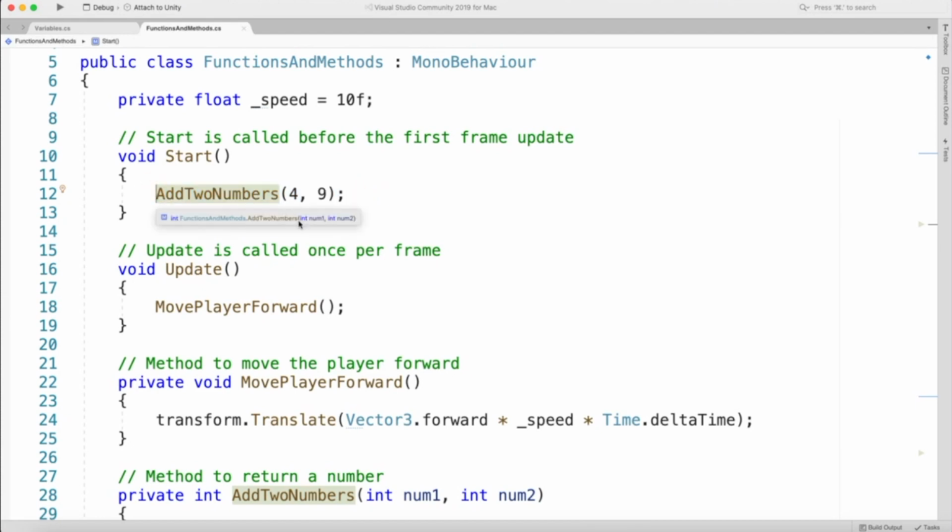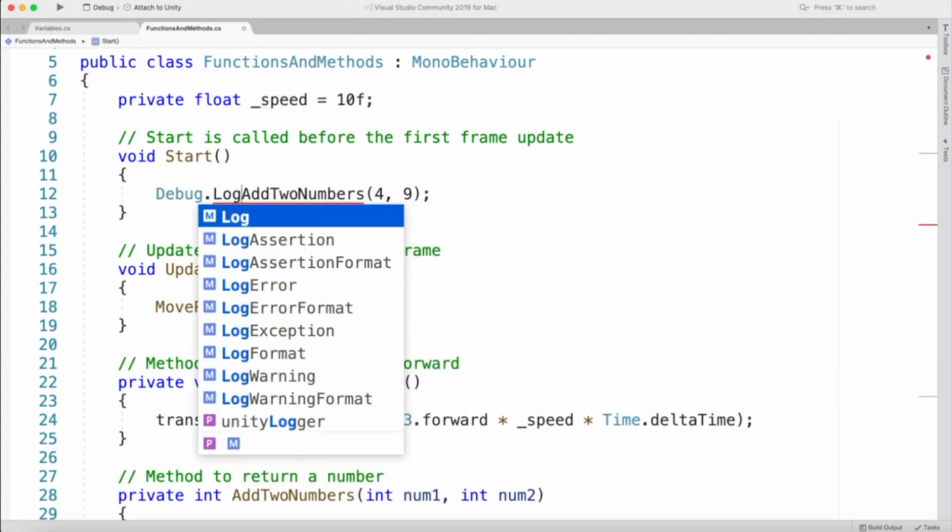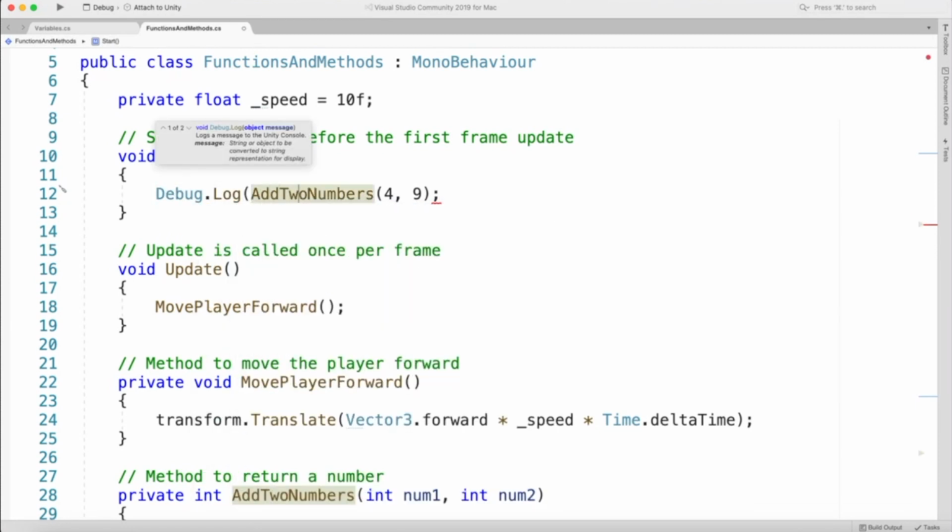So I'm going to wrap this in that. So debug.log, open, close parentheses around the method. I know that might be a little confusing, but we have to put the method itself inside the debug.log so that it actually prints out the number. So 4 plus 9. If I go ahead and save my work, go pop back into Unity,